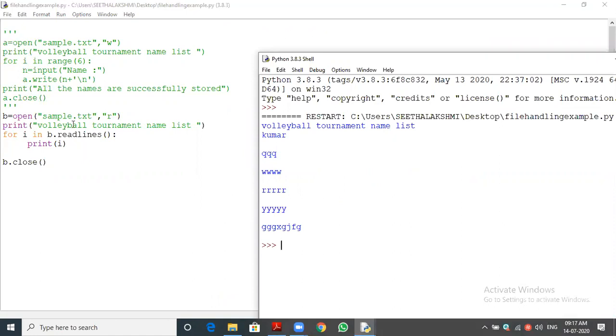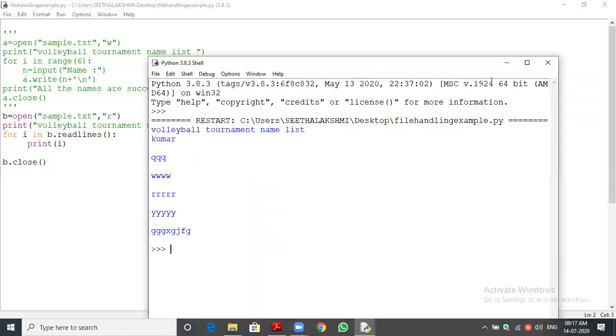I am just reading the file content using the object B. So all the data are already stored in the file, and I am reading from the file. So now we understand how to read from a file using a for loop. Have you understood? Okay, so I will show another example to you.